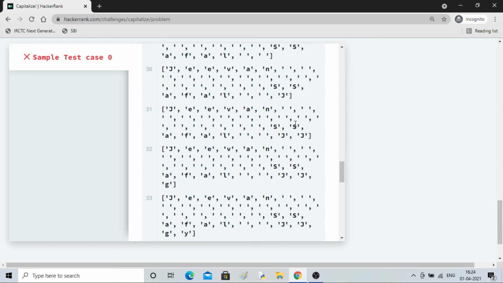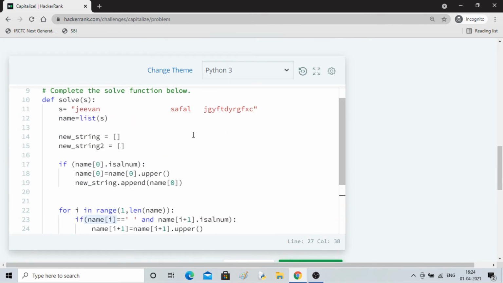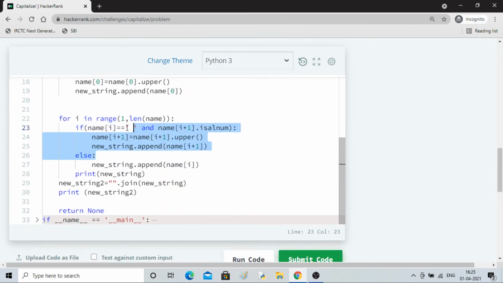Shuffle, I think J is also coming two times, so the only problem is here, I've not taken it properly. Is the condition correct?